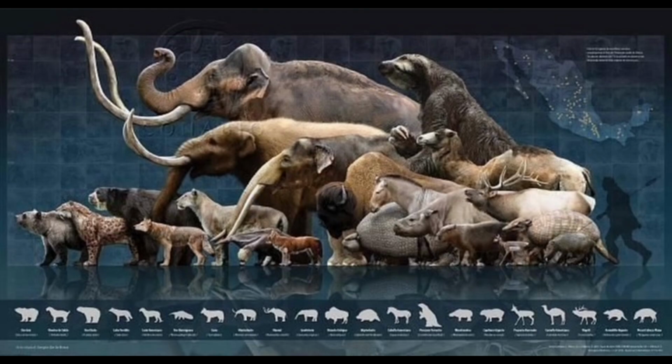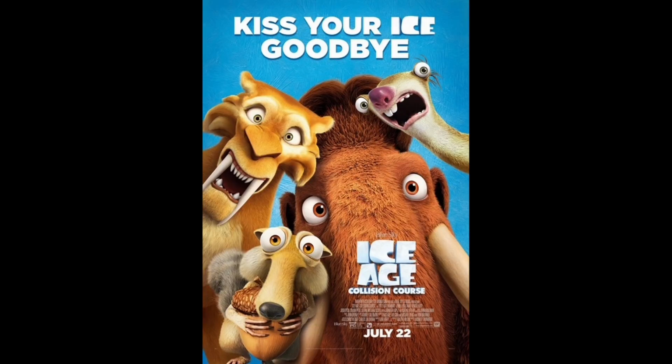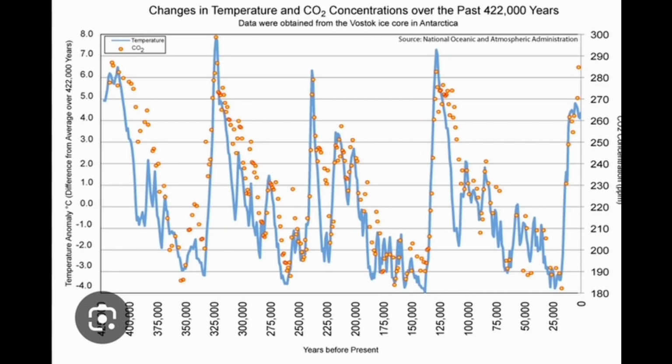These ideas of saber-toothed cats, of dire wolves, of the many types of mammoths, of the camel-type creatures, of giant sloths, and things that I've talked about, like the White Sands footprints that they find where they see a mammoth here and a saber-toothed tiger and a giant sloth, and I was like, that looks like the movie The Ice Age. But what's weird about it is they went through all of these, and there were no mass extinction events, guys and gals. They lived through all of these. They were able to live through all of these.